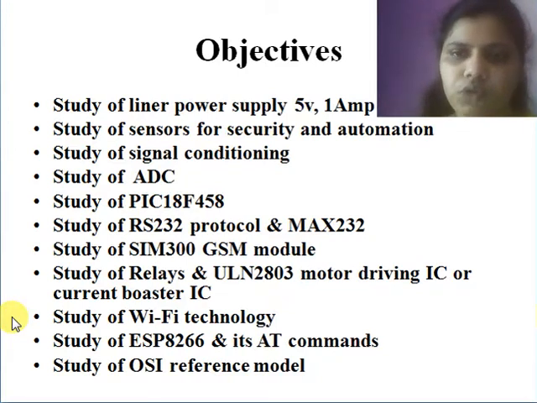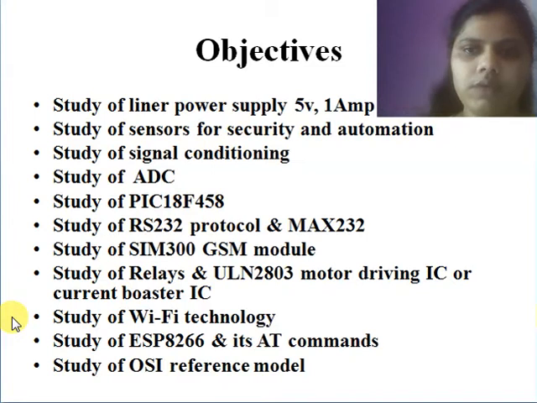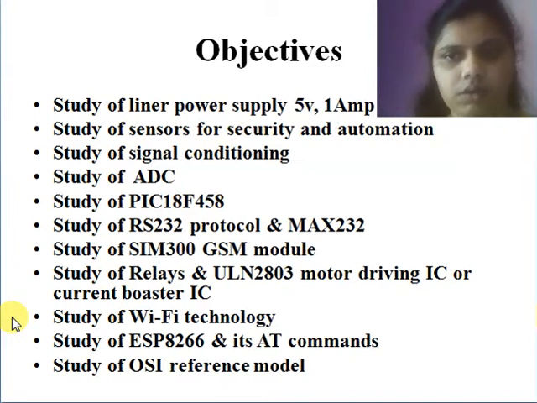So to remove AC components, we have used a rectifier circuit. Rectifier is basically used to convert an AC sine wave into a pulsating DC wave. So we have used a bridge rectifier. So why do we use a bridge rectifier? Because the voltage drop of a bridge rectifier is smaller than that of a full wave rectifier. So we have used a bridge rectifier circuit in our case.